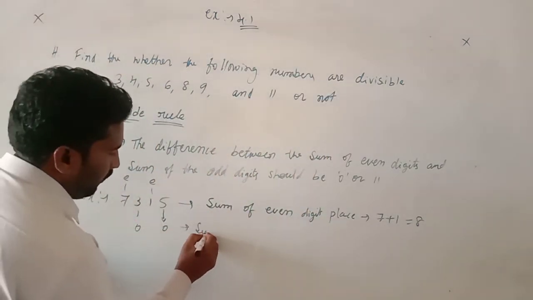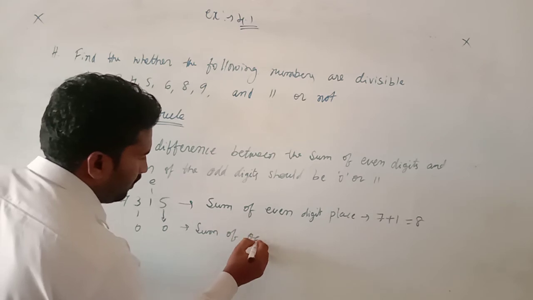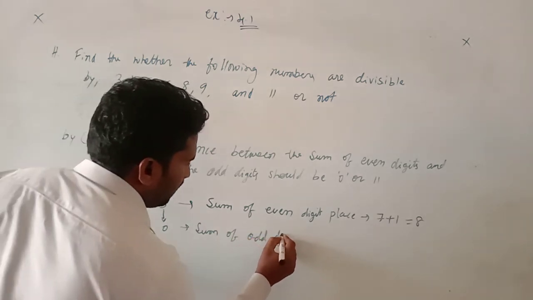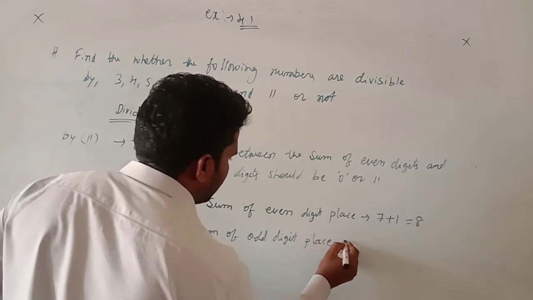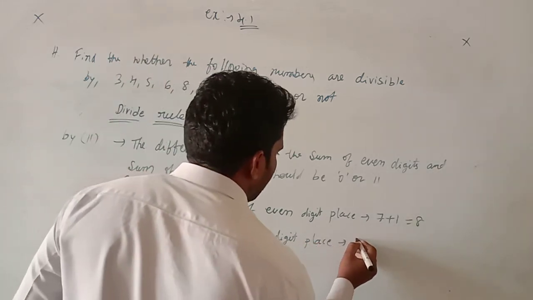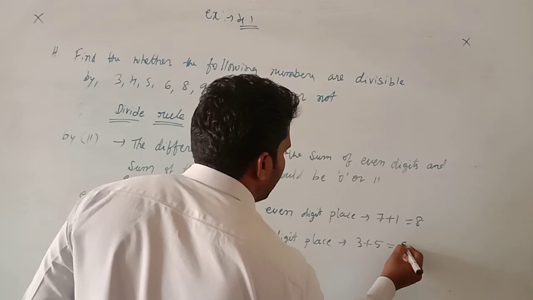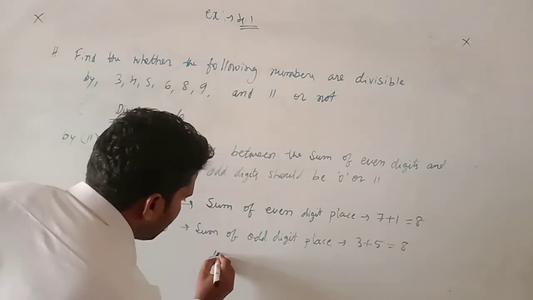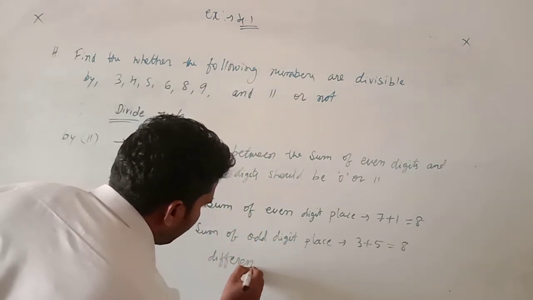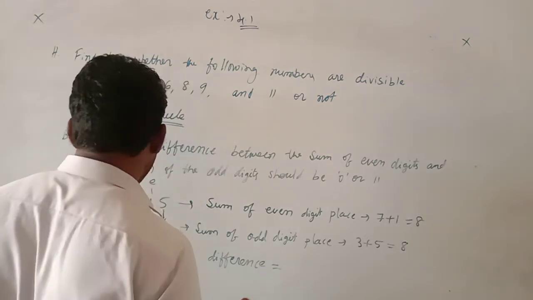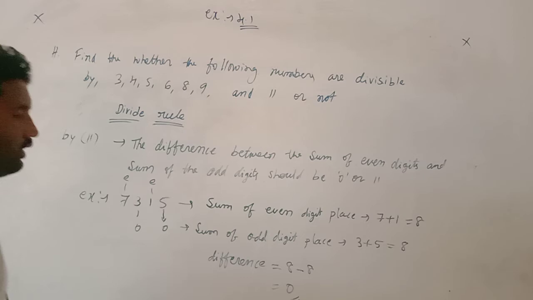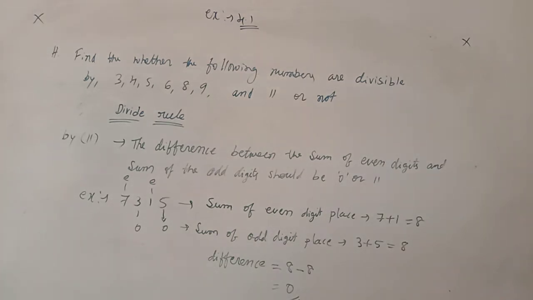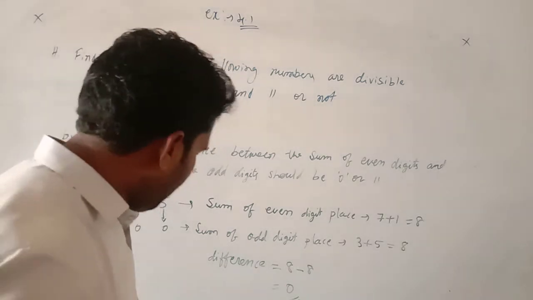Second one, sum of odd digit place. So the odd digits, that is 3 plus 5, it is getting 8. So the difference equals 8 minus 8, 0. So it means it can be divided by 11. Okay. So now